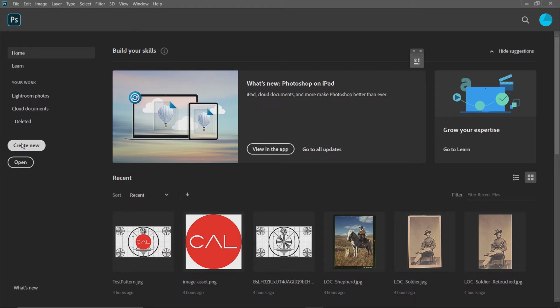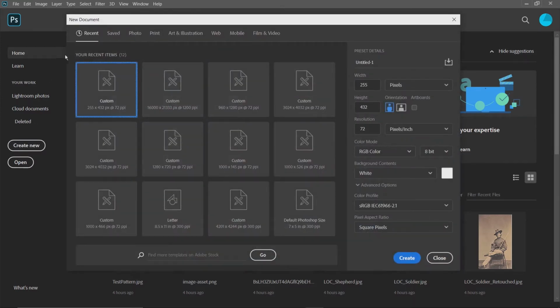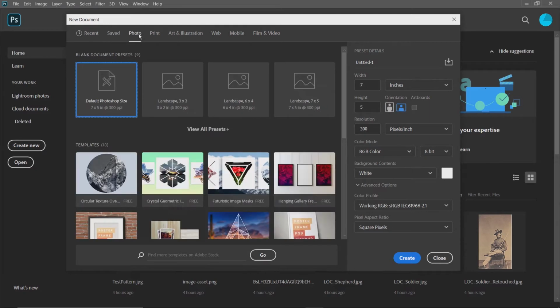So let's just say we wanted to create a completely blank document. We can go to Create New and click. Up here at the top, you'll see it says Photo, Print, Art and Illustration, Web, Mobile, Film, and Video. If you click on each of these, you'll see some various sizes and pixel aspects